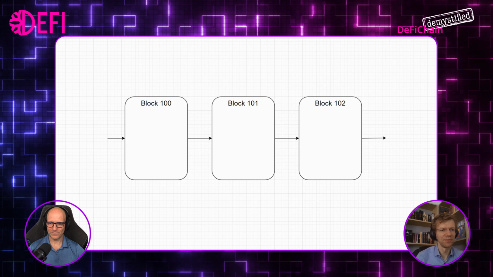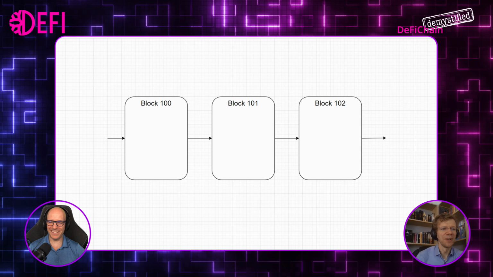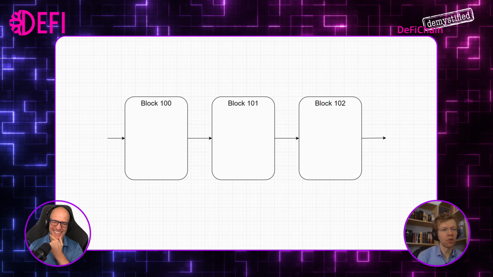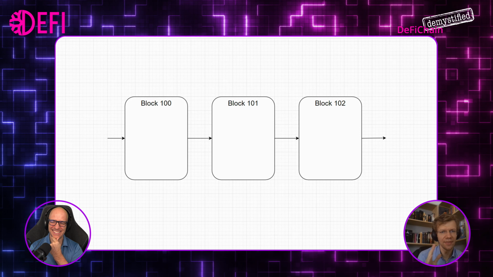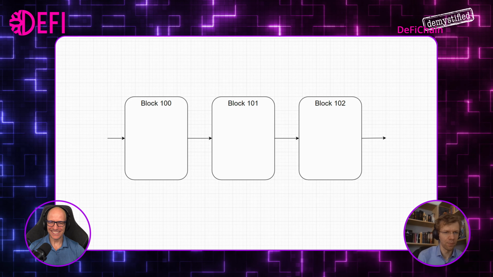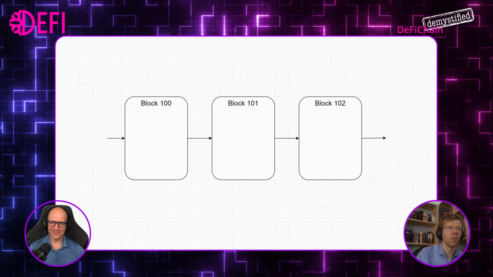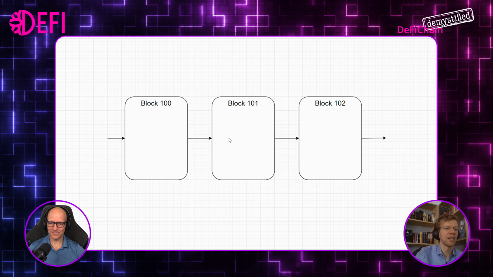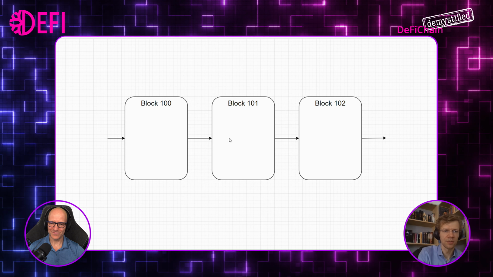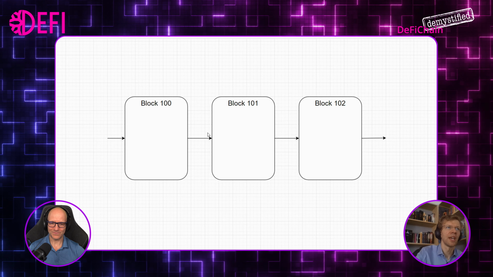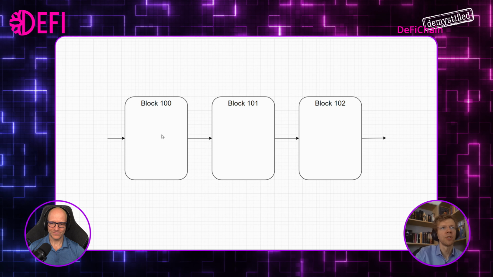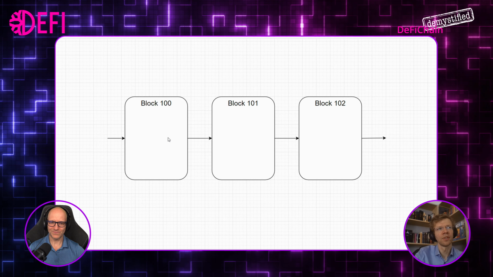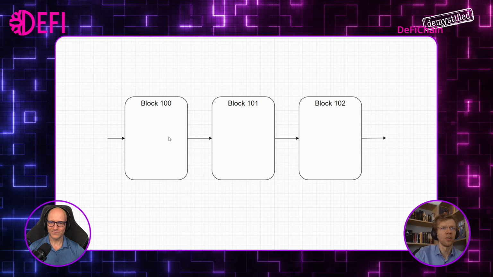We have a blockchain. People already know that. When you think about what a blockchain is, it's really, as the word says, a chain of blocks where you just have one block after the other, and each block is in some way connected to the other one. Mathematically, there are reasons for that, and you can't change previous blocks, but you have just one block after the other. I started not with one, but with 100 because the first block is a bit special, but I won't go into many details.